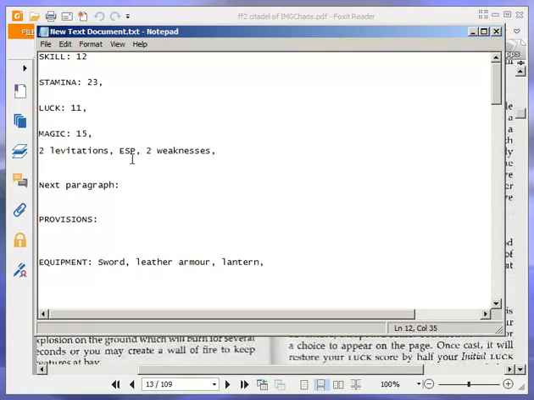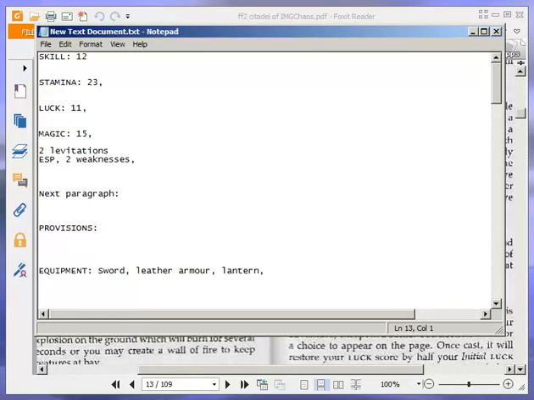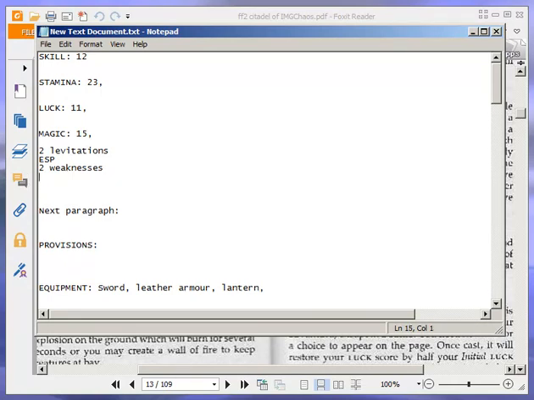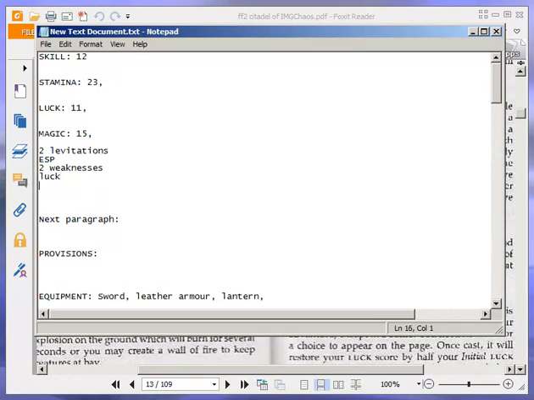In fact, I'm going to put these on separate lines, I think. Yeah. Make it easier to see. Anyway, 2 Weaknesses, a Luck and a Stamina. And a Stamina spell. So that's...